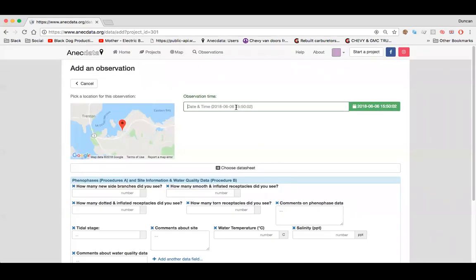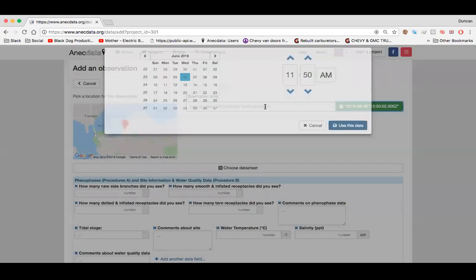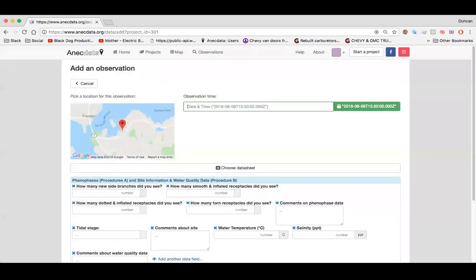Ta-da, and there we go. And so, observation time. You can take this two different ways. You can click this green button here, and it gives you a calendar and a little clock that you can pick the time at. Or you can just type in